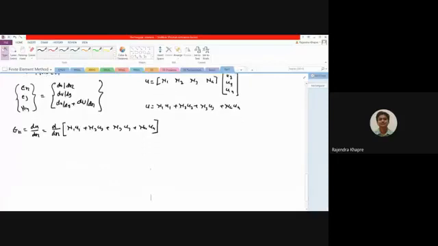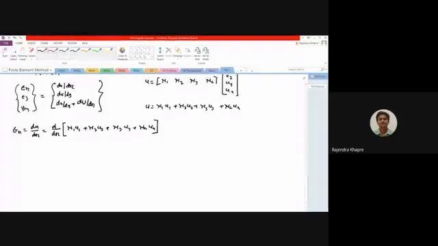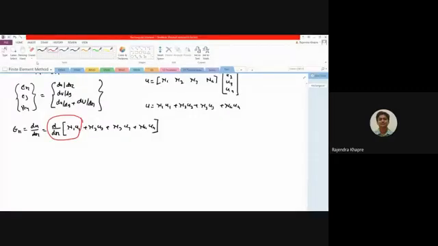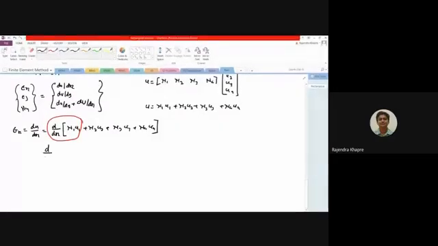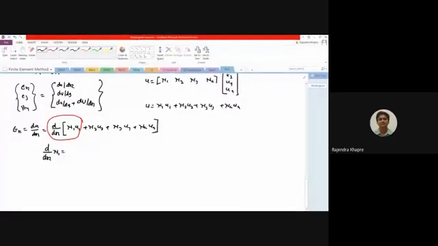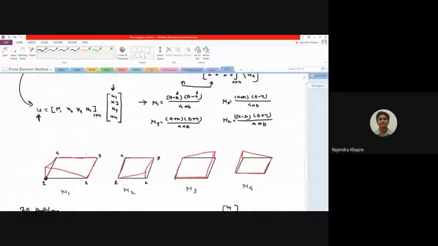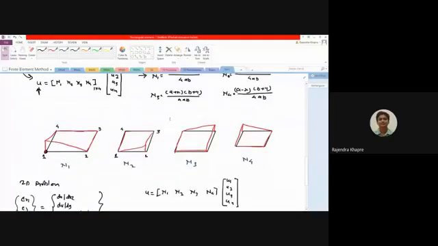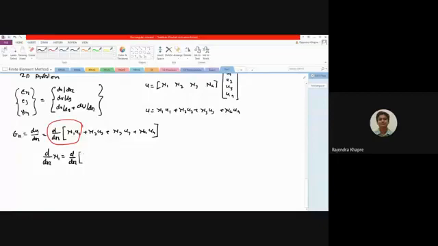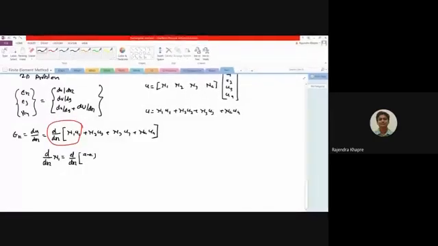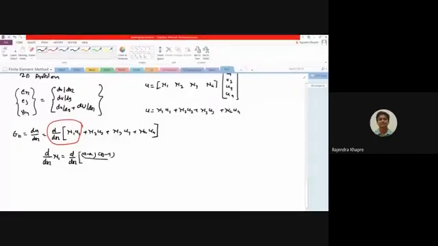Let us talk about only the first term, that is d by dx of N1 and u1. N1 is a term which has both x and y. We have already written N1 as (a minus x) times (b minus y) divided by 4 times ab. So I'm just going to write down a minus x, then b minus y divided by 4 times ab. Now if you take the derivative of this,